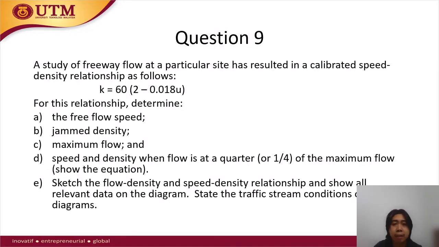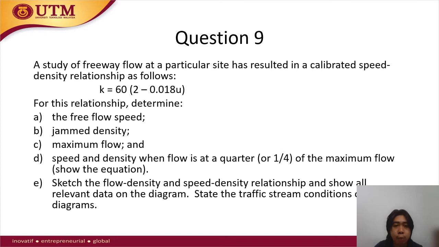My name is Abdul Rafi Balingdong, and today I'm going to explain question 9 of the traffic assignment. A study of freeway flow at a particular site has resulted in a calibrated speed-density relationship as follows: k equals 60 multiplied by (2 minus 0.018 speed). Now, for this relationship, we need to determine